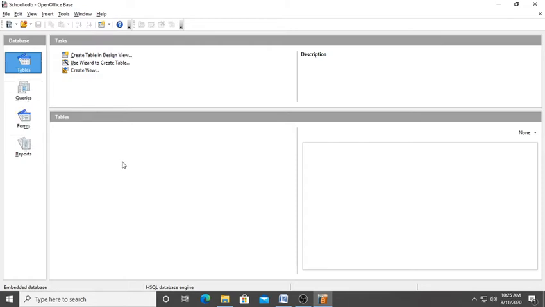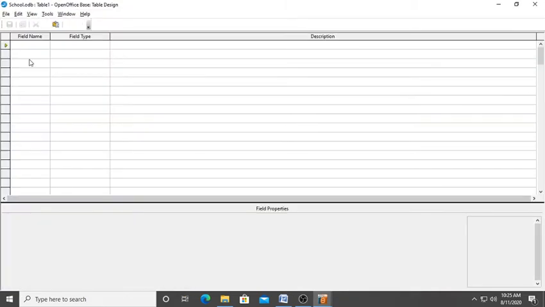Today we are going to work with tables, so let Table be selected, and we are going to create a table in design view. We want to create a new table using design view, so that's why we have to click on this. Last time we saw how to create a table using the wizard. Today we are not going to see that. Today we are going to see create table in design view. So click on this. On clicking on this, it gives you this screen, a blank screen.